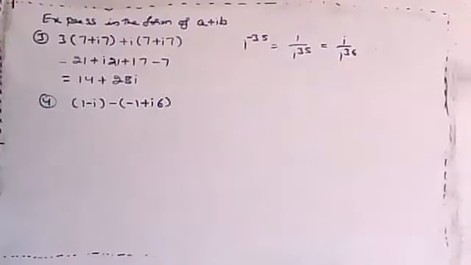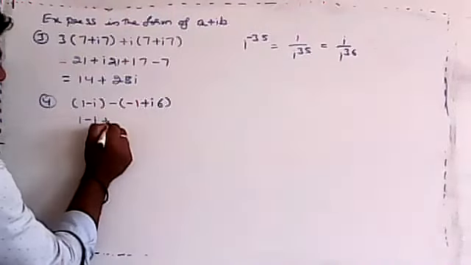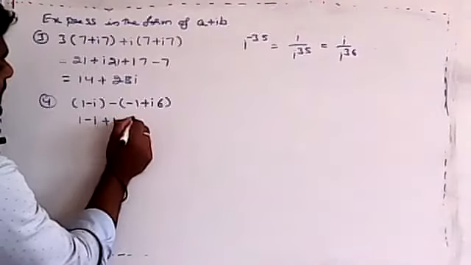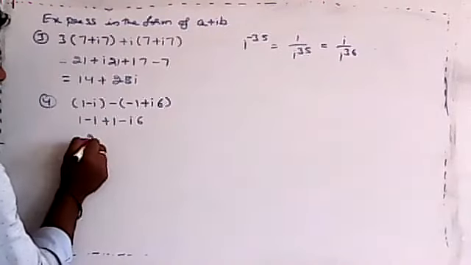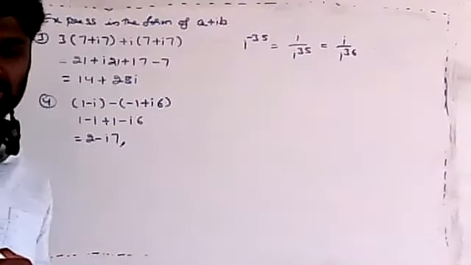Okay, so the answer is i, you are telling, no, Deepa. We'll check that one. Yeah, Neru, 2 minus 7i, you are telling, no? Yeah, just check. 1 minus i, minus into minus is plus 1. So this is minus i6. The answer is what? 2 minus i7. Yes, right answer, Shravan. Right answer it is. Good.